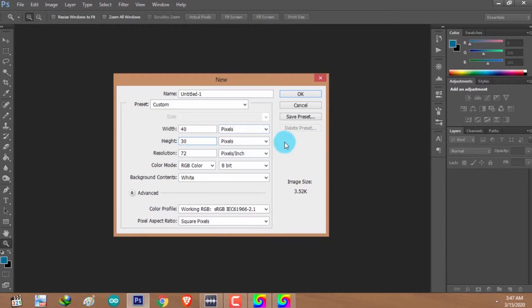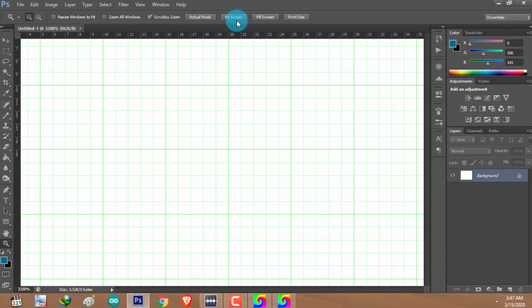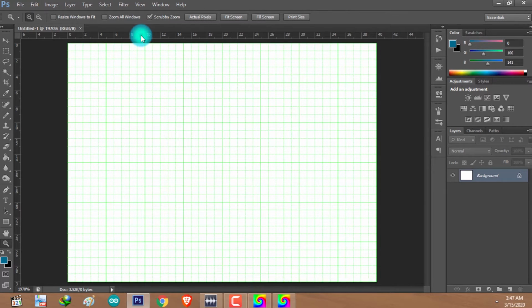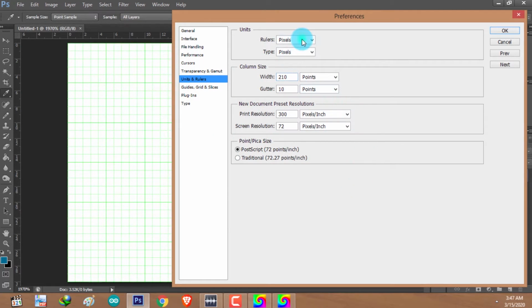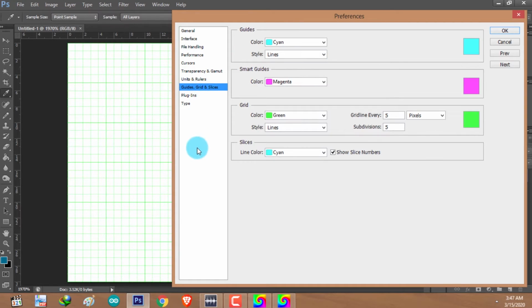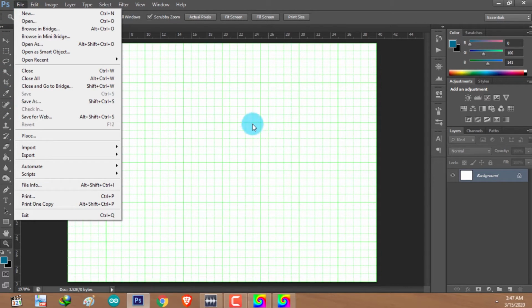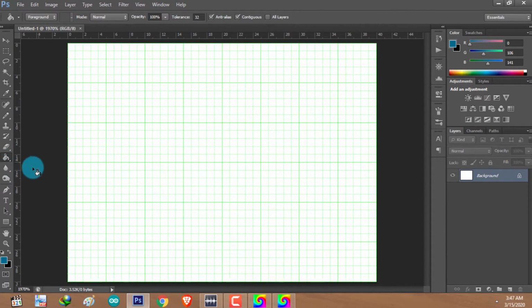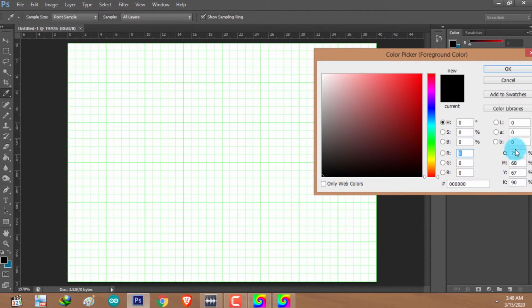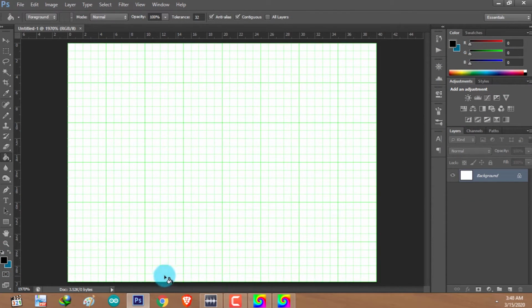Make sure you have selected pixels as the unit. Click OK. I'm going to zoom in and select Fit Screen. You can use the same ruler settings. Alright, now you can see our grid, and I'm going to do the same as in the previous example, except the colors I'm going to use are different from the previous example. Instead of blue color for the layout, I'm going to use a black color for the frame,